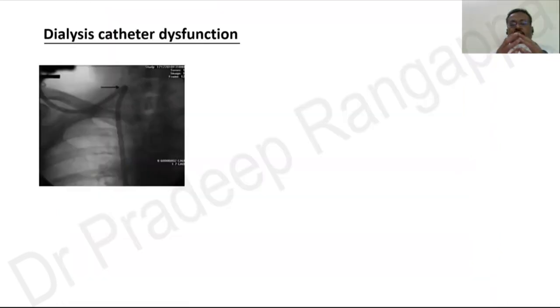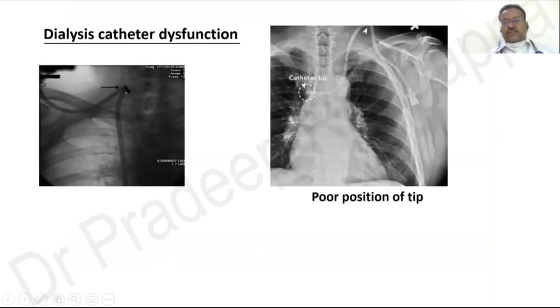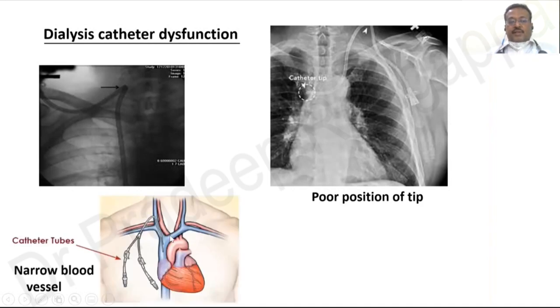Okay. So one needs to know, after you put in all the effort to put in the dialysis catheter, you can suddenly realize that the catheter is not working as per your expectation. There are many reasons for that. There can be dialysis catheter dysfunction due to kinking of the catheter. If it is kinked, there won't be enough blood flow. Or there can be a malposition of the catheter. The catheter can be sitting in a subclavian vein, or it can be dislodged into another vein. This would also affect your blood flow.